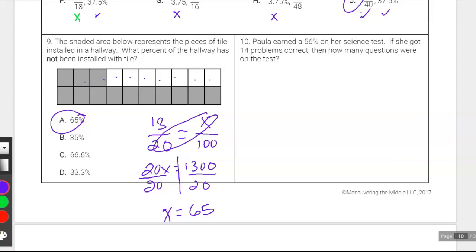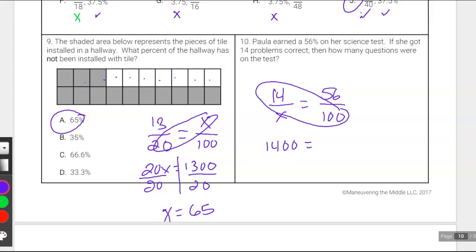And the last problem that we have is Paul earned 56% on her science test. Okay, percent is going to always put me in the percent proportion mindset. If she got 14 problems correct, how many questions were on the test? We'll start with my percent, 56 out of 100. 14 correct. She didn't get them all correct, so that's not all of them. And this is our unknown, and then we're going to cross multiply. So we get 1400 equals 56 times x. We draw our line, we divide,